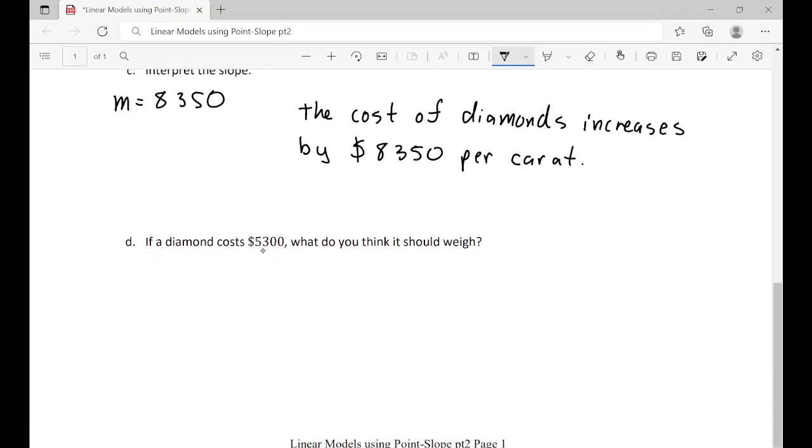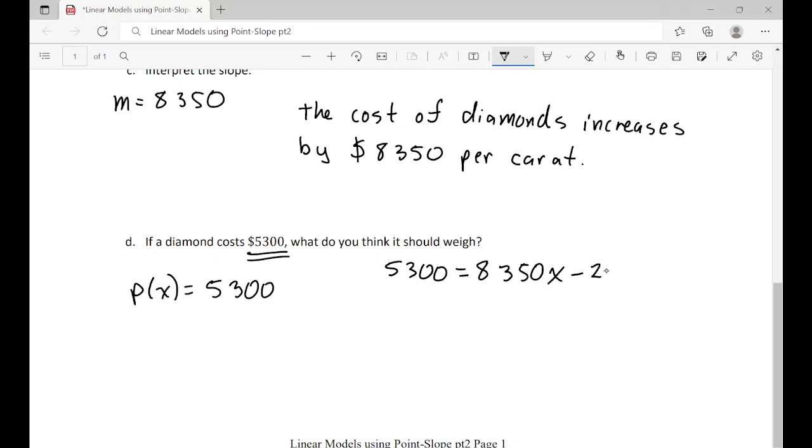And if a diamond costs $5,300, what do you think it should weigh? What would be its carat? So this here is our y value, our f of x value, or in our case, p of x. So we can say that p of x is going to equal 5,300. So we're going to set our equation equal to that. So 5,300 equals 8,350x minus 2,302. Add the 2,302 over here, and we're going to get